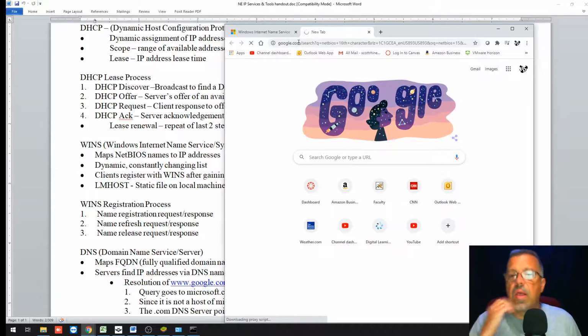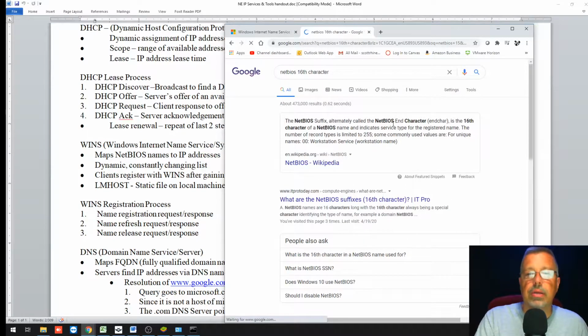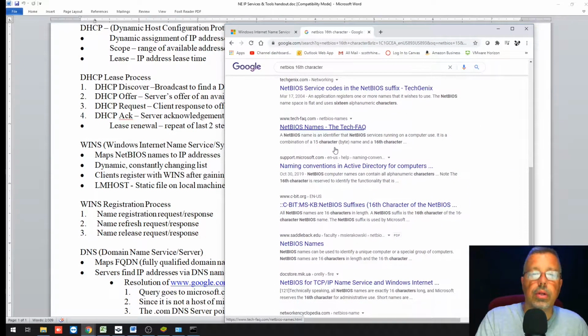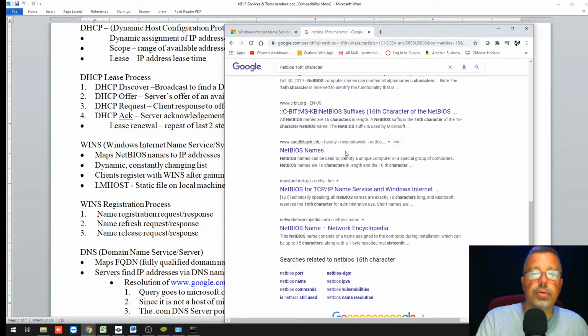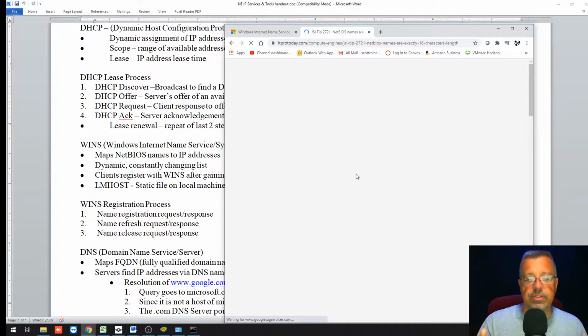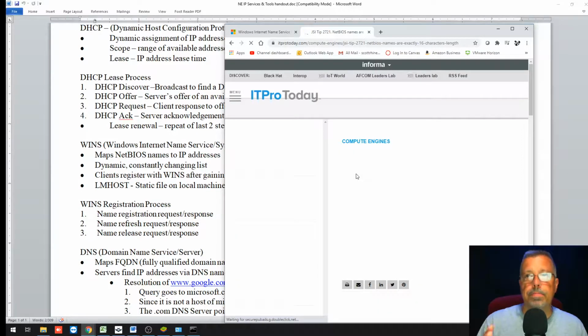So if I look up NetBIOS 16th character, I should have looked this up ahead of time, sorry. The NetBIOS name can be 15 characters, and then the 16th character is actually a hex pair, because the ASCII